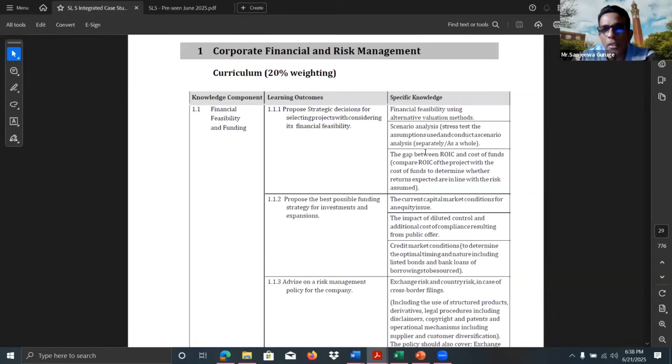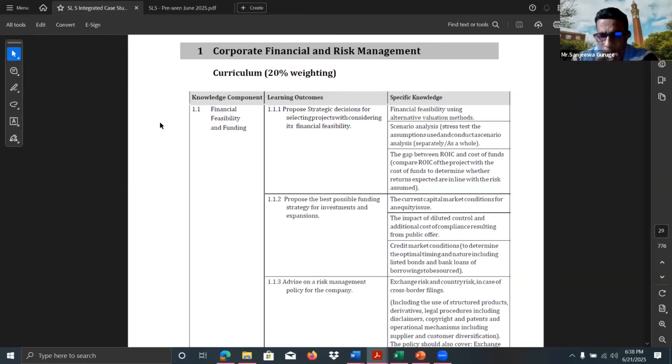Certain techniques like sensitivity analysis and scenario analysis, you should know how to apply. In addition, especially in capital rationing situations, how to rank the projects in order to select the best projects. I'm sure you have referred to the study guide relating to this module, and there are also some good examples given, so you may be familiar with that. Very quickly we can even refer to some of these examples within this limited time.